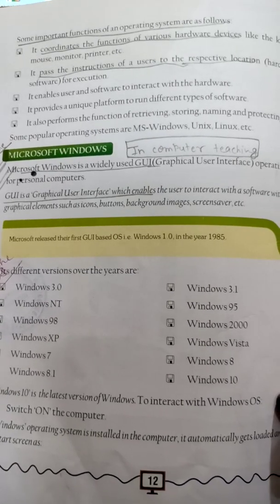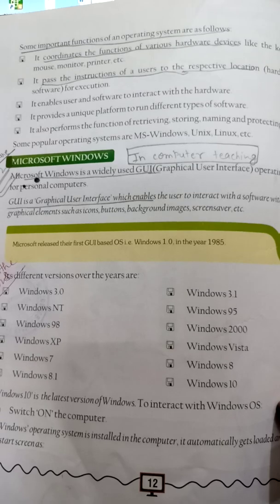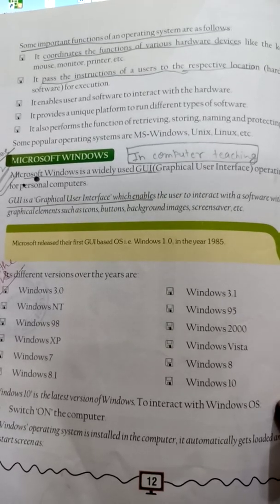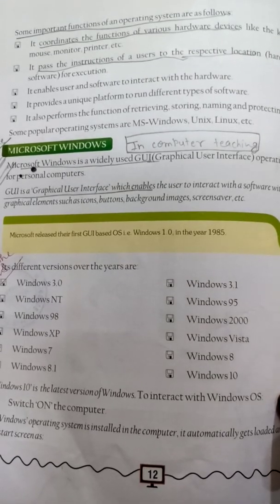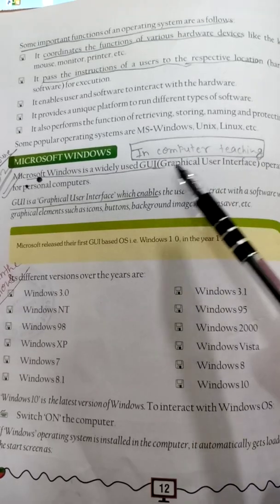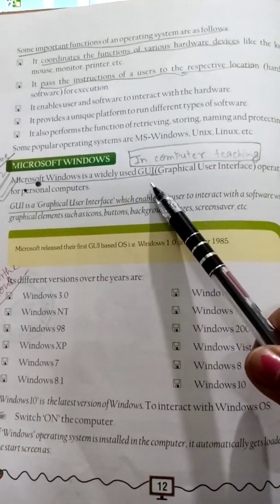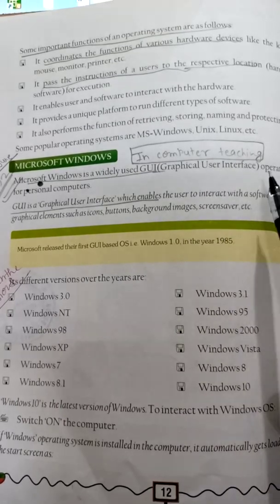In this video I am going to explain different versions of Microsoft Windows, different versions of computer. Microsoft Windows is a widely used GUI. The full form of GUI is graphical user interface.